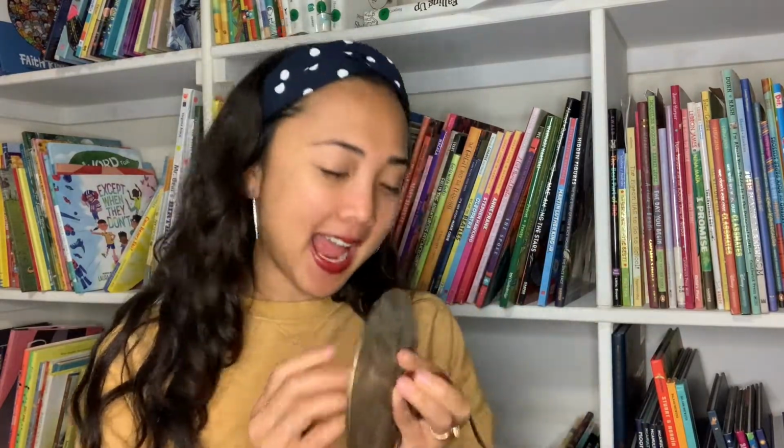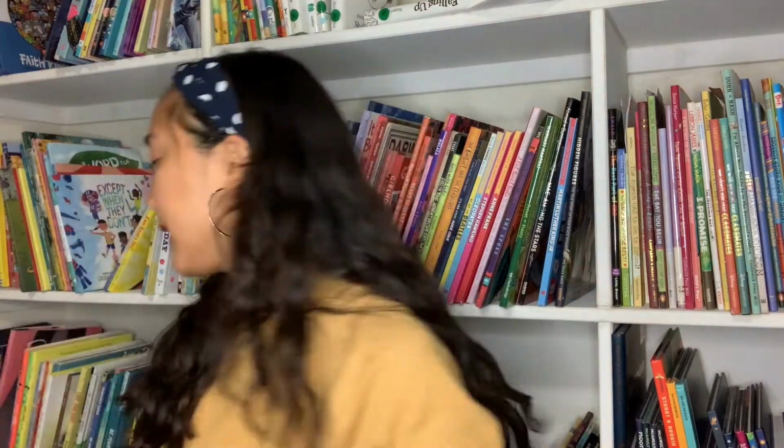So for example, we have things like bell drums that they could use. I have things like even cymbals and drums with sticks that they could either pat or use with drums. We even had maracas, and I even had little bells, and then these rhythm sticks. And what's really cool is that now we can also get into more music learning too, about rhythm, and then